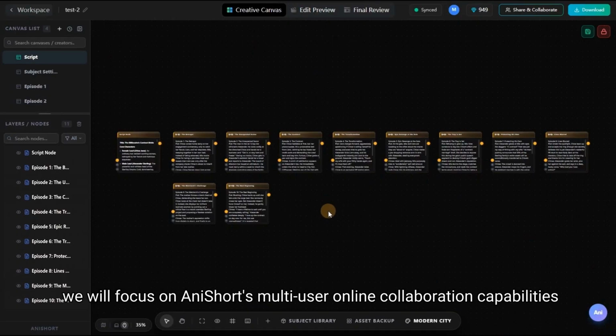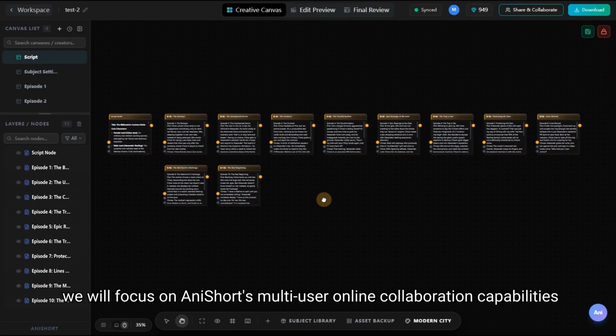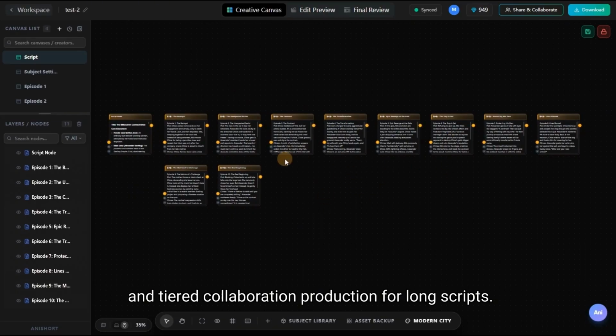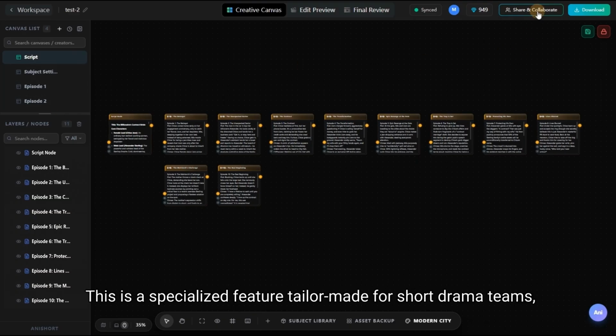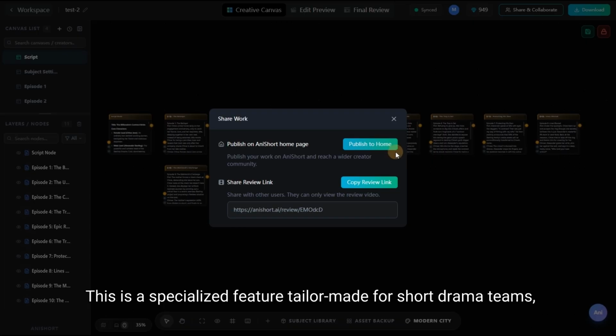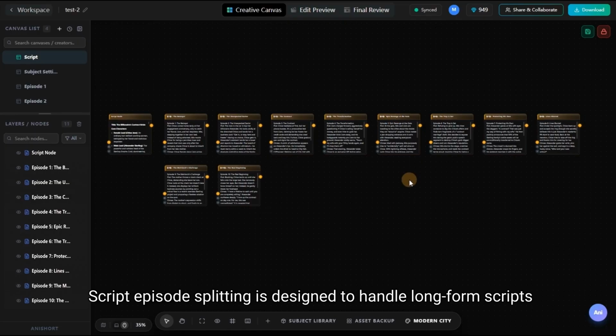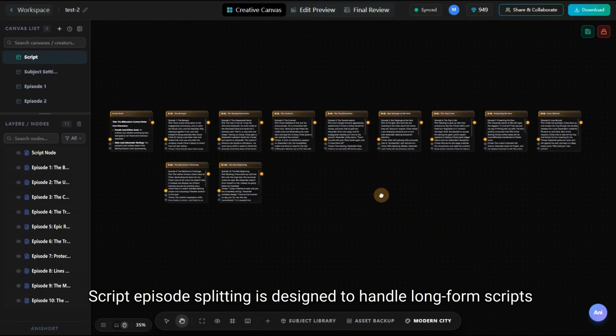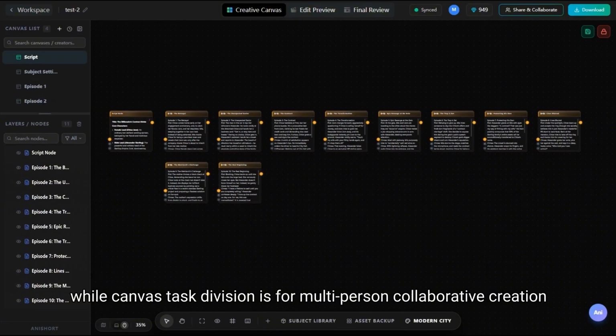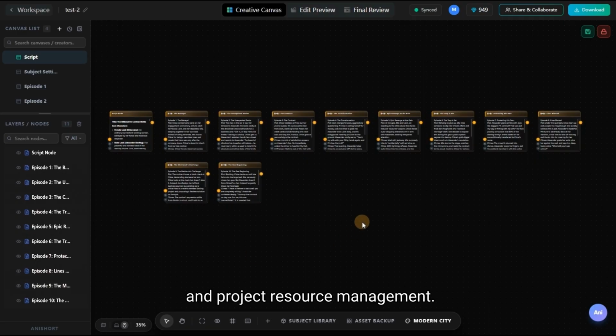In this episode, we will focus on AniShort's multi-user online collaboration capabilities and tiered collaboration production for long scripts. This is a specialized feature tailor-made for short drama teams, significantly boosting production efficiency. Script episode splitting is designed to handle long-form scripts, while Canvas task division is for multi-person collaborative creation and project